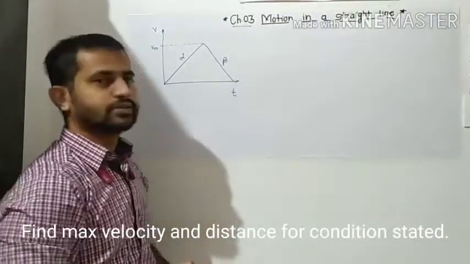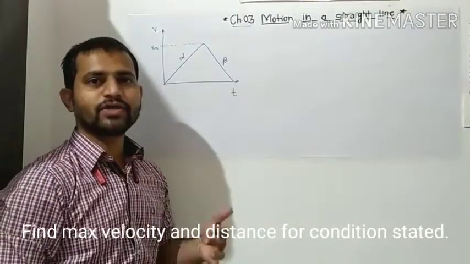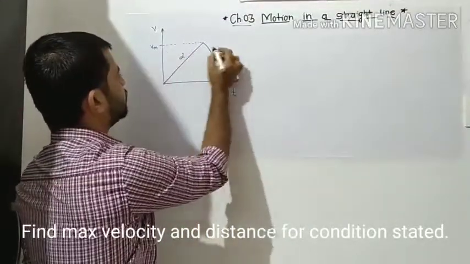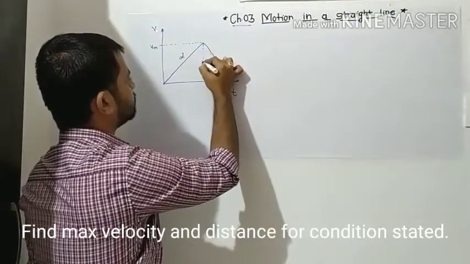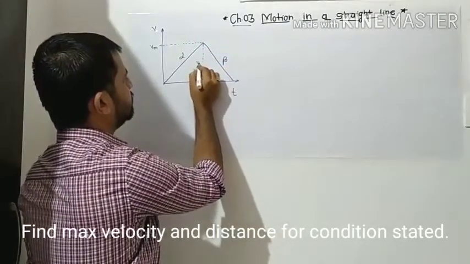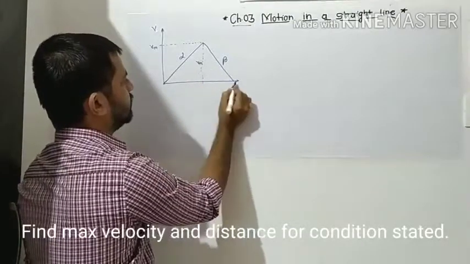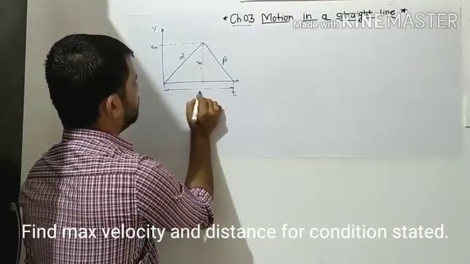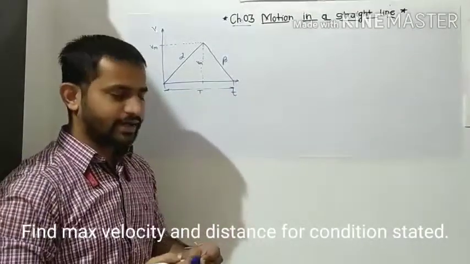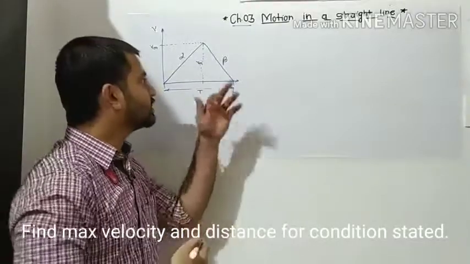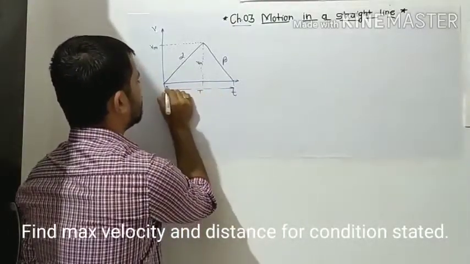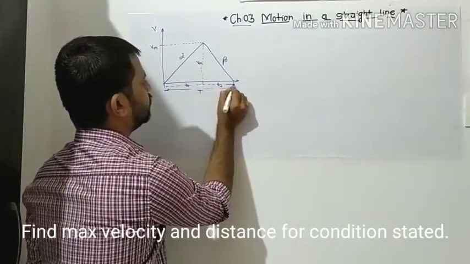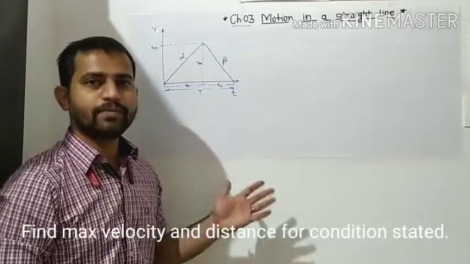So how do we get the profile of the given conditions? It is one triangle, and the height of that triangle will be this maximum velocity. This total time period is given as capital T. If we divide these two processes into two parts, for the acceleration suppose this is the time period T1, and this is the time period T2.